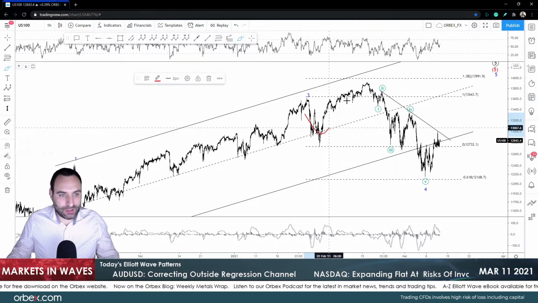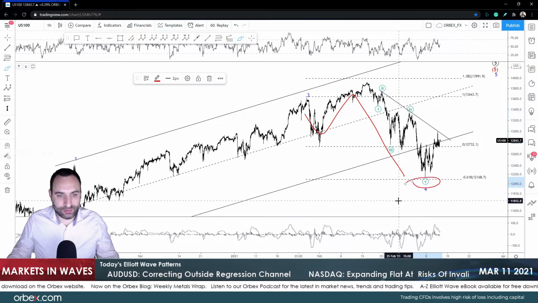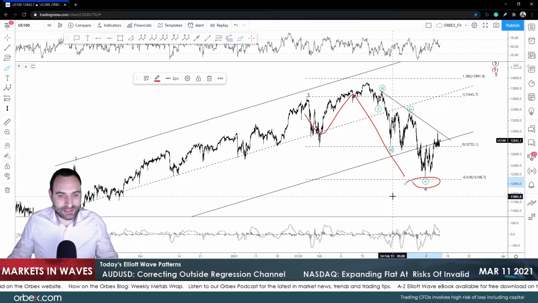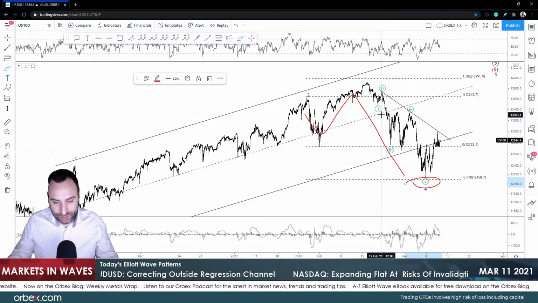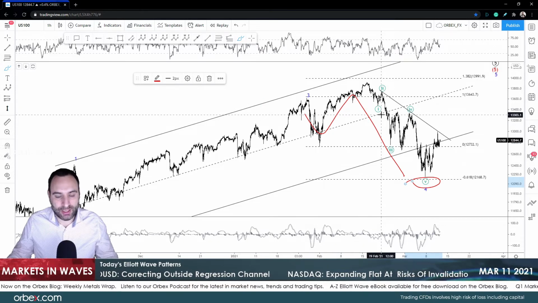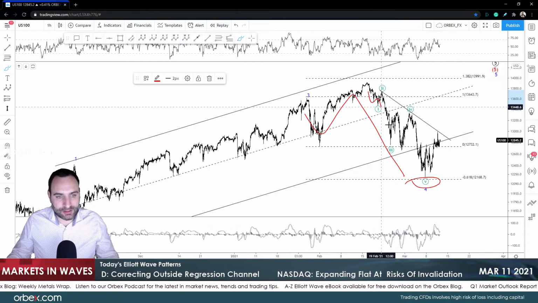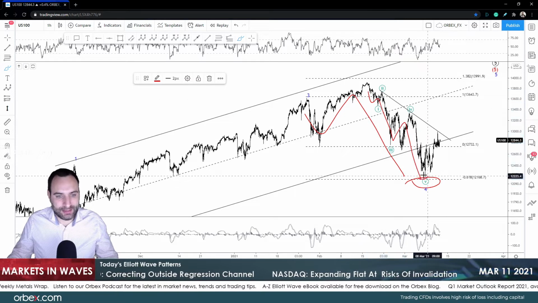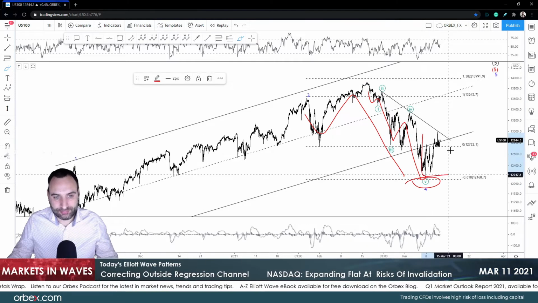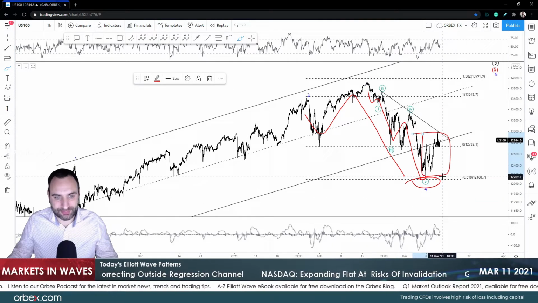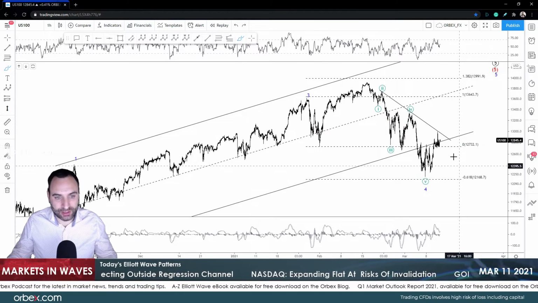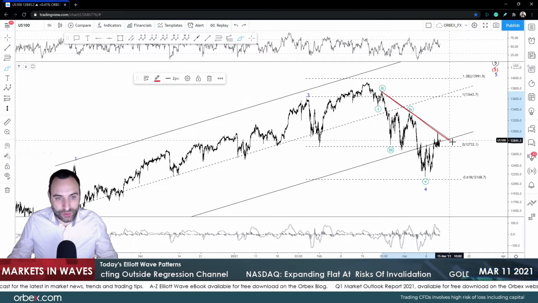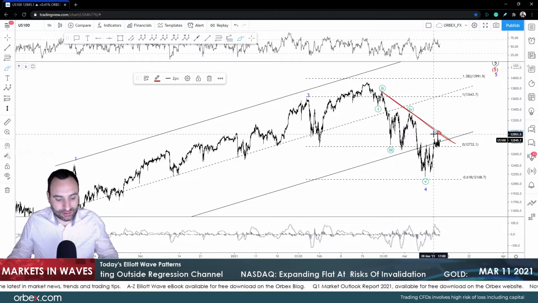Now on the NASDAQ. Last time we talked about this expanding flat, and we talked about missing the 12.168, which is 106.18 extension for waves 1 and B, when we take into account that we have, of course, an expanding flat. This, guys, looks like it's ended to me, but this structure over here, it doesn't really look much impulsive to me, okay? Plus, we got rejected up here on this trend line.